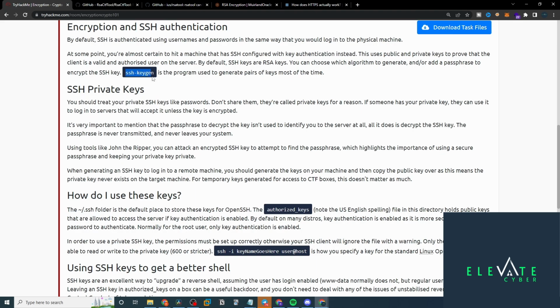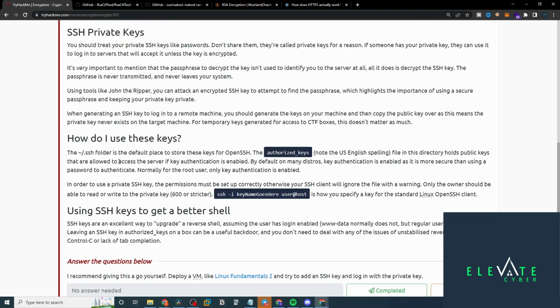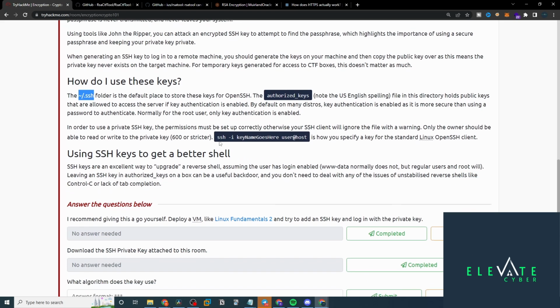So you could use the ssh-keygen command to generate your public-private key pair that you can then use to SSH. So the way you'd use it is that when you run that ssh-keygen command, it will create a hidden folder called .ssh. It'll have an authorized_keys file and this is where all your public keys will go. So that all the keys that you want to be able to access this server would be in the authorized keys. And then to actually SSH, what you can do is use ssh -i, and this is